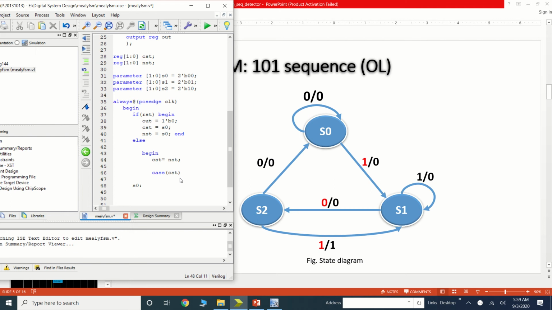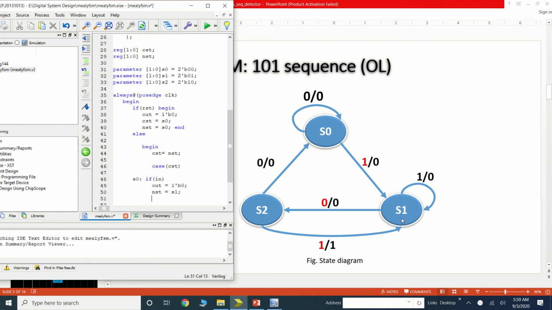In S0 we'll define what if my input is equal to 1. Here in S0, when the input is equal to 1, it will move to the next state, that is S1. So if input equal to 1, then we have output equal to 0, and next state equal to S1.